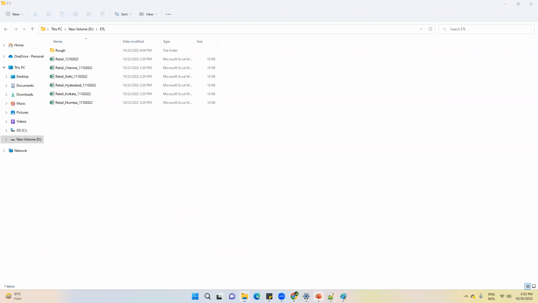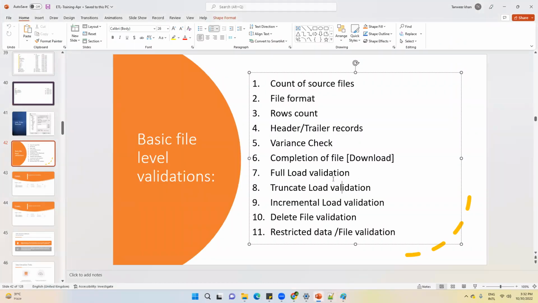Okay, fine. So till here, have I completed the completion of file download? No, I think I have not completed this. Previously, we discussed up to the various checks, right? Okay. Completion of file download. These are all things we have faced in our project, and from all those experiences I have jotted down all these points.